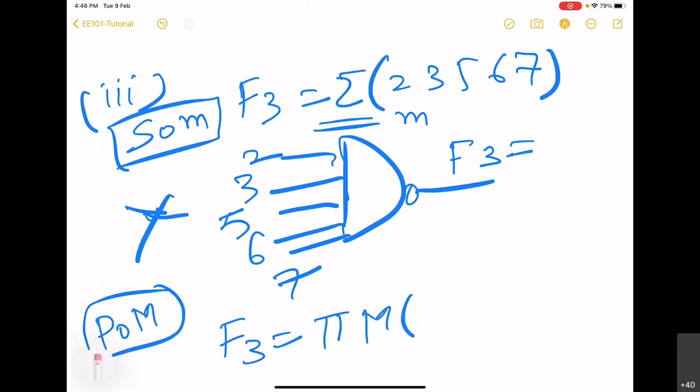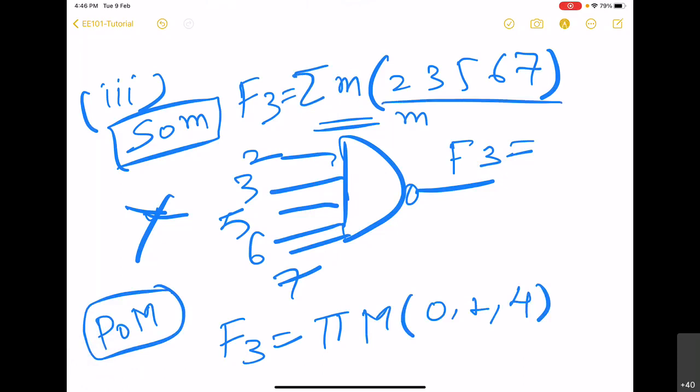Ideally we write the summation of min terms 2, 3, 5, 6, 7. The same function can also be written as the product of max terms 0, 1, 4. That means those min terms which are not there in the min term representation.